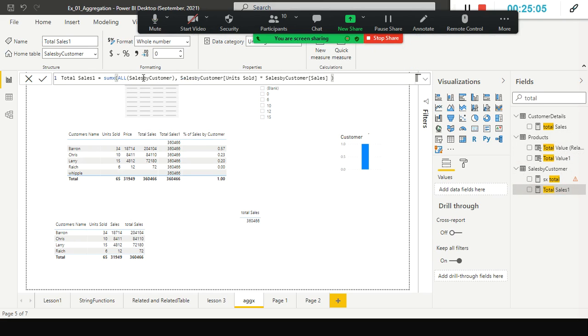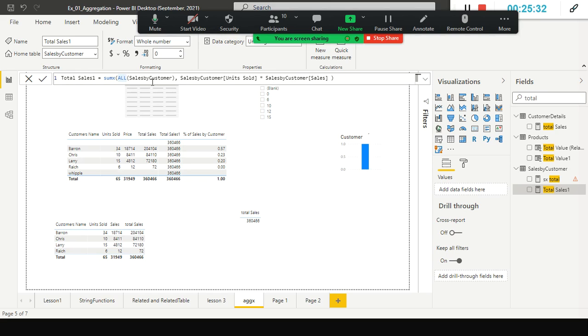Here what I'm doing is, instead of using SUMX, I'm using the mere SUMX. Inside this SUMX, for the first argument I used a function called the ALL function. It's all the same.